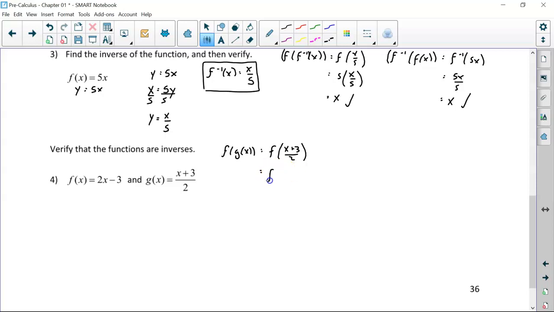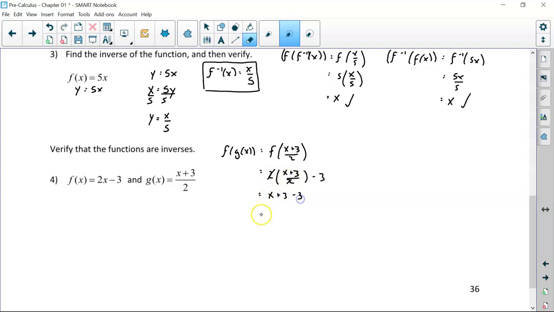So the function f at, sorry, you did that already? So it's going to be the function f, which is 2, leaving some space, minus 3, and in that space it's going to be x plus 3 over 2. I'm also testing your order of operations here. When we multiply, the 2's cancel, so we're left with x plus 3 minus 3, which equals x. So we're good. And now we go the opposite way, make sure it works both ways,